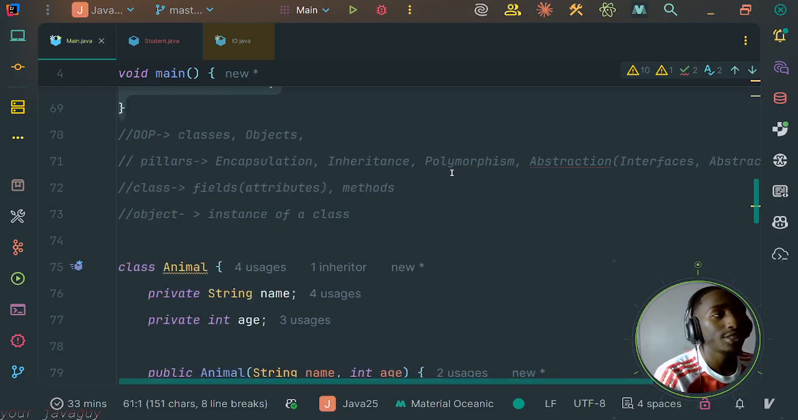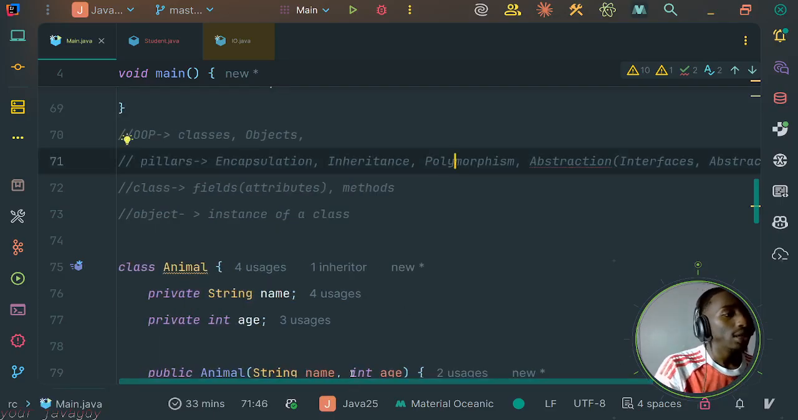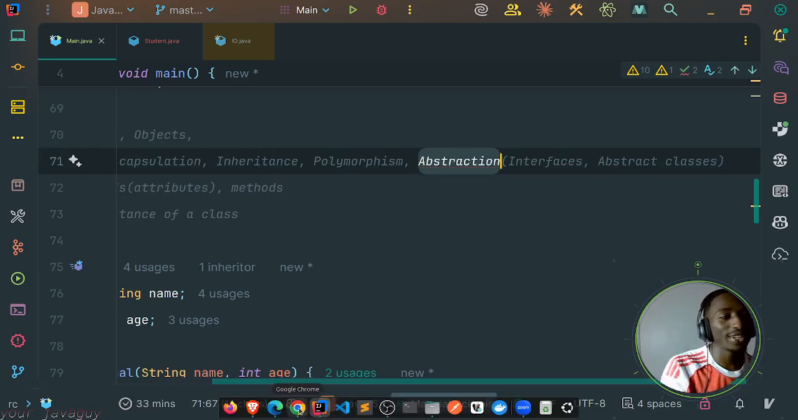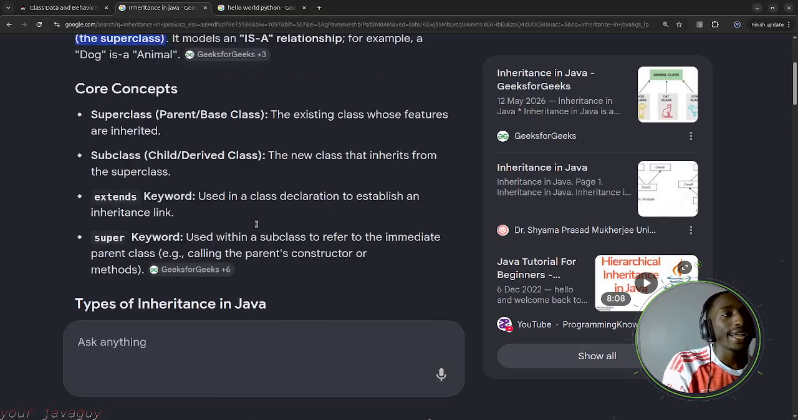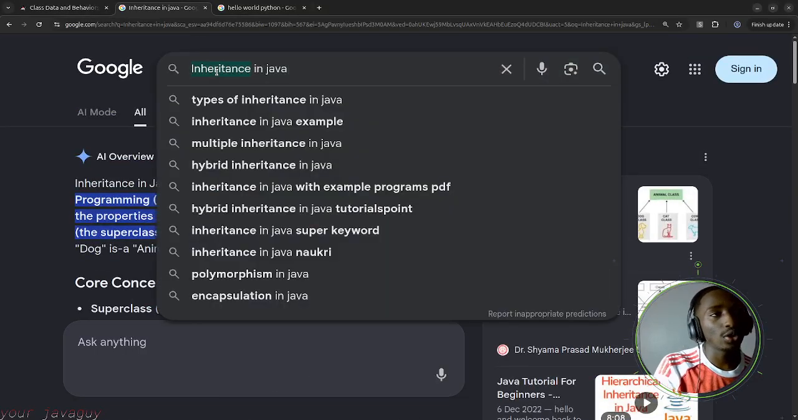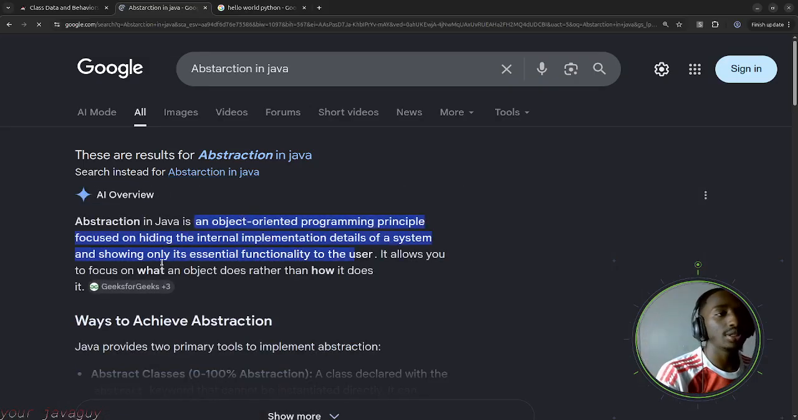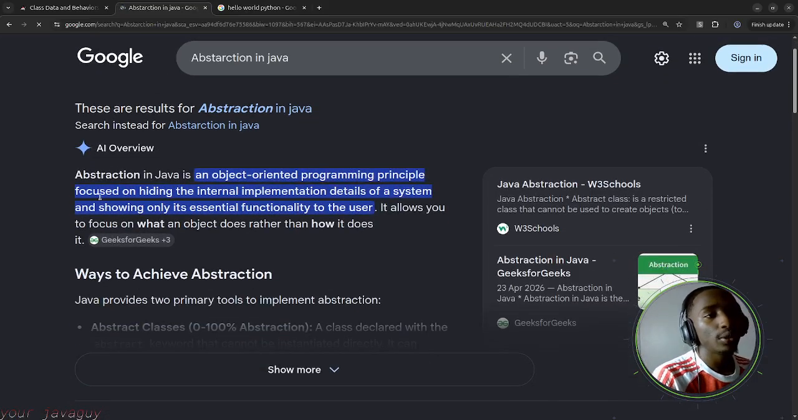Okay, that's polymorphism. Now the next bit is abstraction. Abstraction is like a very nice principle. You're trying to hide the inner implementations of your classes, so you don't want the logic to be seen. It's a principle focused on hiding the internal implementation details of a system and showing only its essential